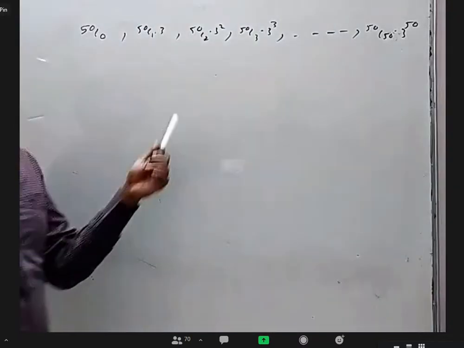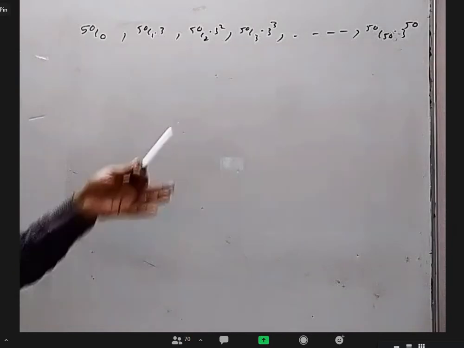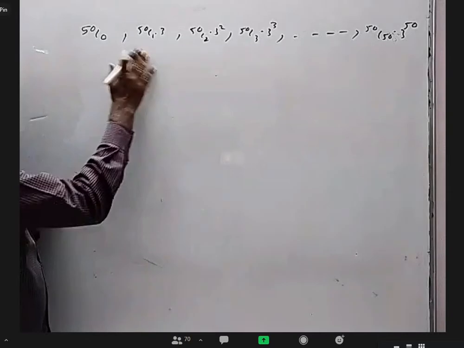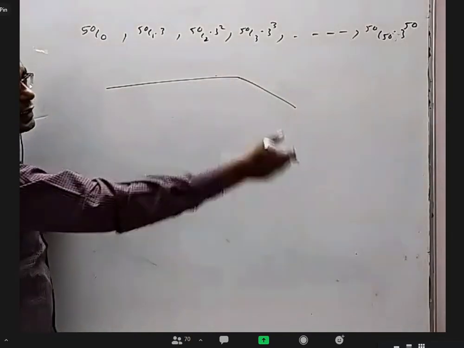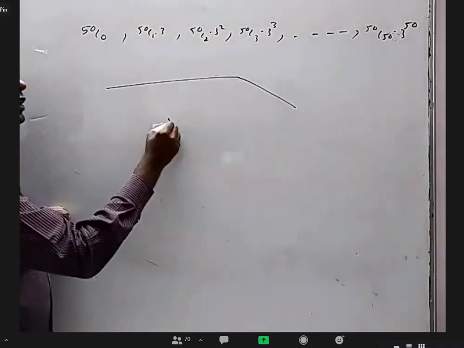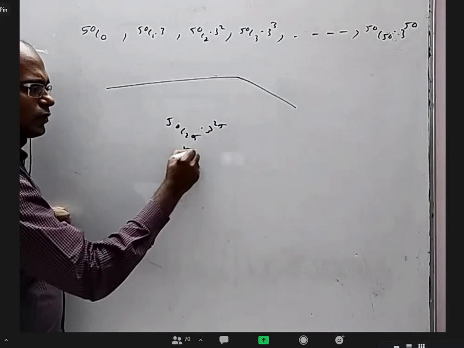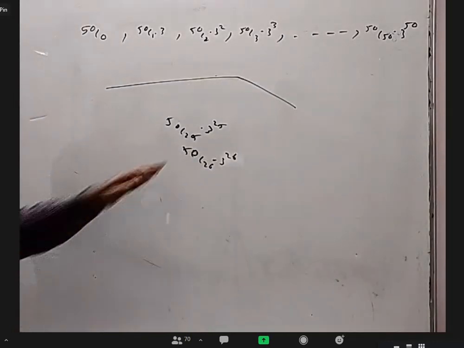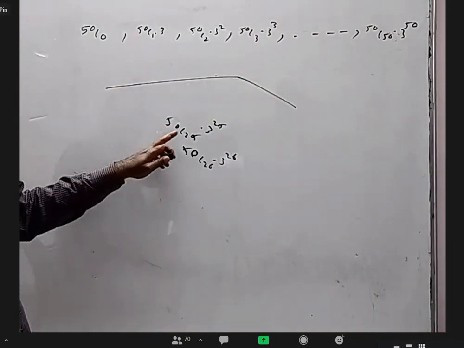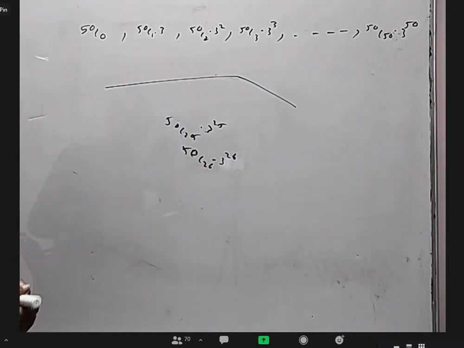Now, when we are coming to this, there is a standard format for it. I could just give the formula, but I wanted you to think, not just be given a formula. What I want to show is that the terms are increasing and then decreasing, not up to the middle, but a little beyond it they increase and after that they decrease. Because even if you take 50C25 times 3 power 25, and 50C26 times 3 power 26, till here everything increases, no doubt. From here to here, this decreases and this increases, but the total decrease or increase we don't know.